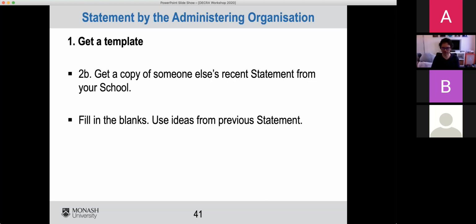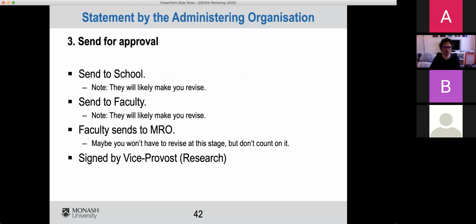I can't remember the exact date when the strategic statement needs to be to MRO, but the Faculty Research Office are going to distribute some information about that to this list. So the faculty will need it a few weeks before the MRO need it. And I think the MRO date is on the MRO website currently. So the approval process, there we go. Thanks, Jasmine. November 11, so that's the MRO date, so 2 weeks prior to that. Cool. Thanks, Anna. It's a team effort, this.